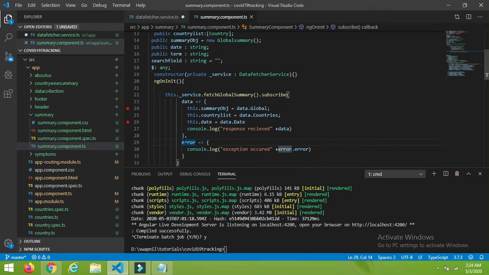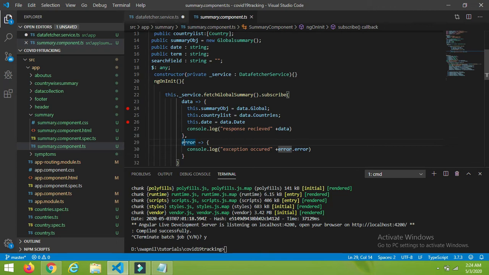So hopefully everything goes fine and we receive the data properly, so that we will get this data in our data block. Now as I said earlier, this response is coming in the form of country, right? This response has two parts, one is the global summary and one is country wise.